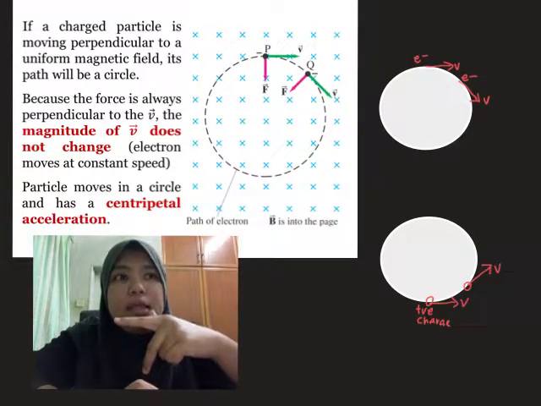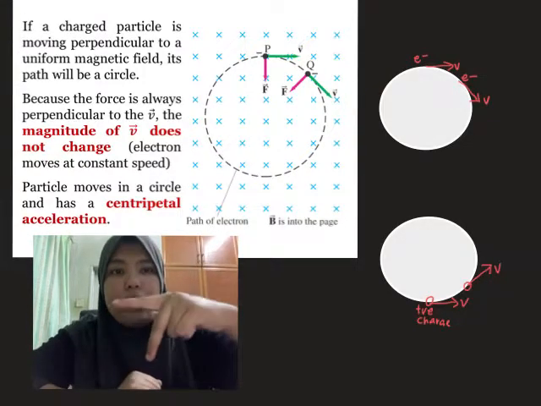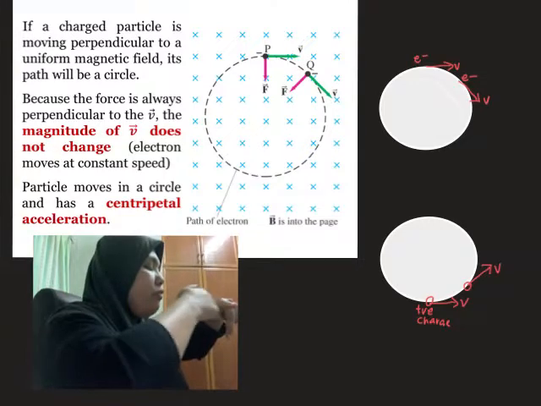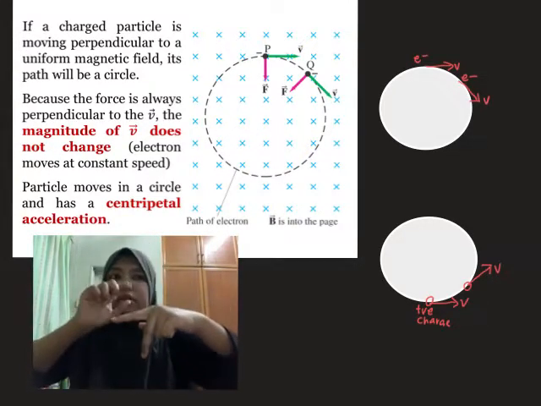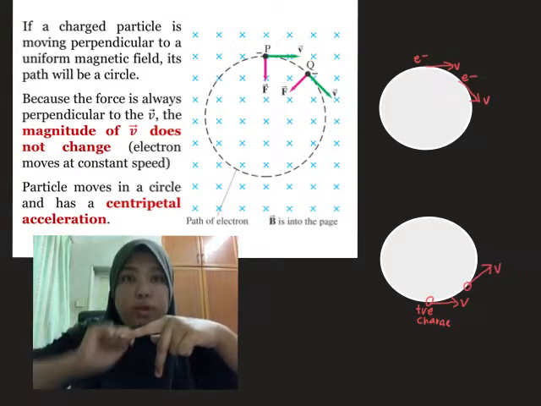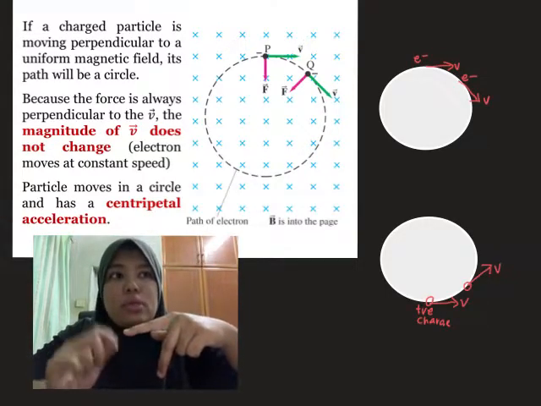Okay, and then the magnetic field is into the page. So you can actually see that the magnetic force is going to be towards me, which, from the diagram, is going to be towards the center. For example, if you